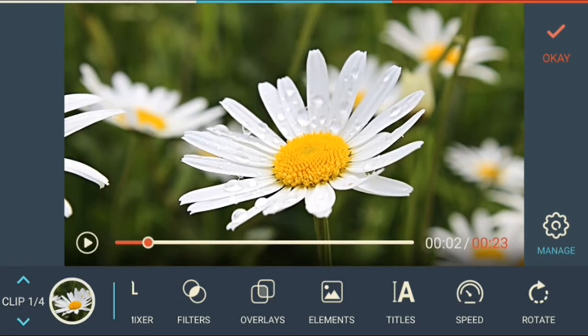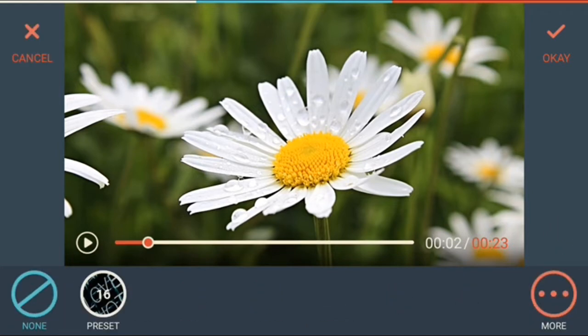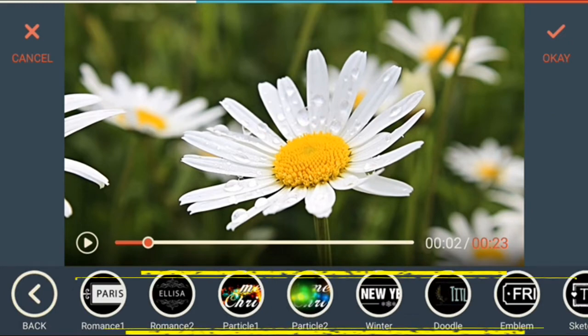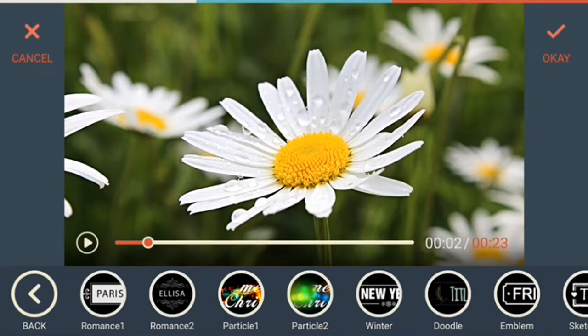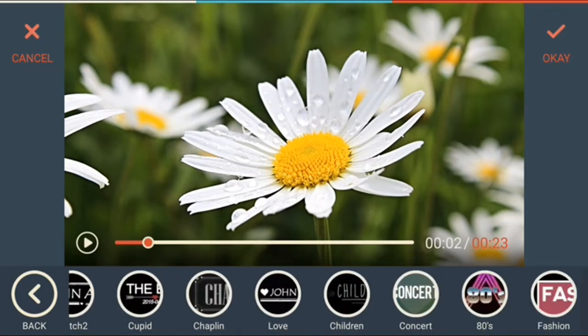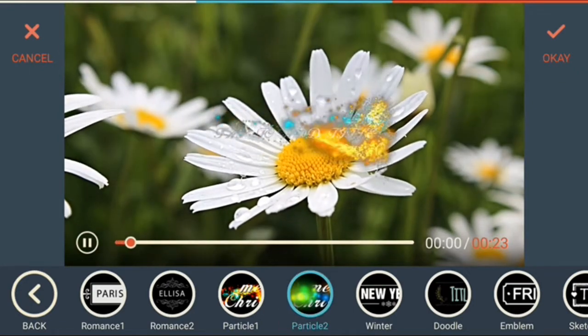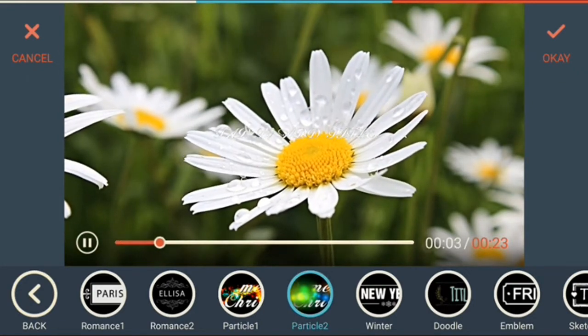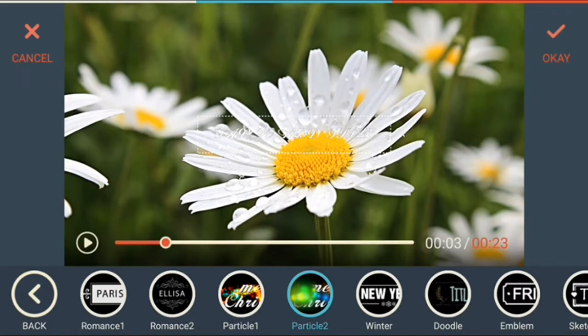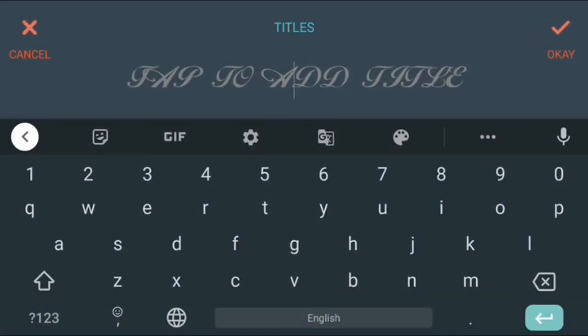Now the next one is titles. So clicking on titles, there are 16 presets: romance 1, romance 2, particle 1, particle 2, winter, and so on. These are all the titles you can choose in Filmora Go. Now for example, I will select particle 2. Now this says tap here, tap to add title.